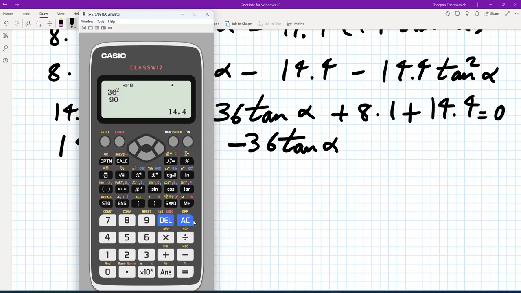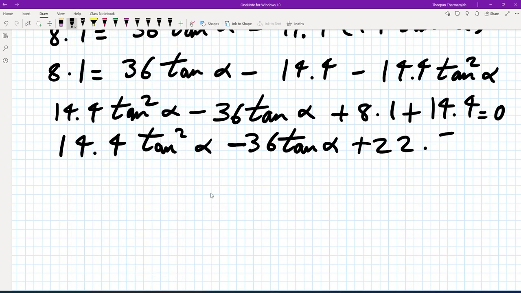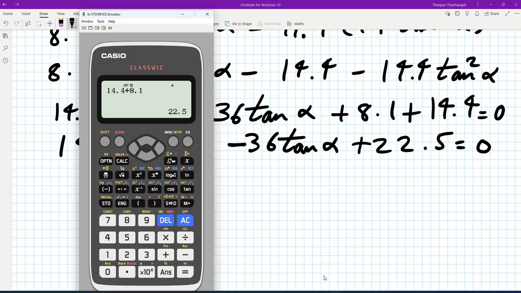So we're going to get 8.1 plus 14.4, and we're going to use our calculator to solve that. So that's 22.5 equals 0. And if we type these coefficients into our calculator to solve the quadratic using the polynomial solver,